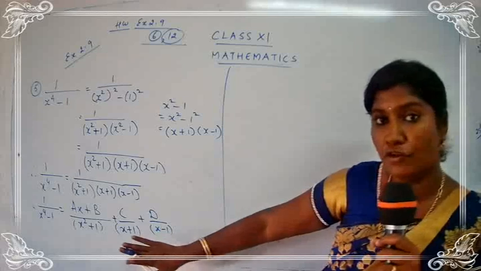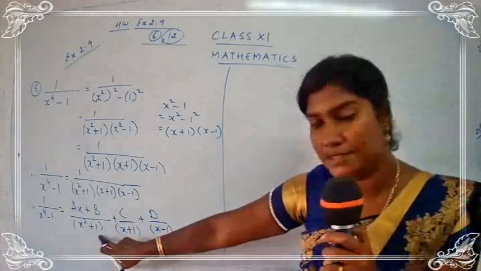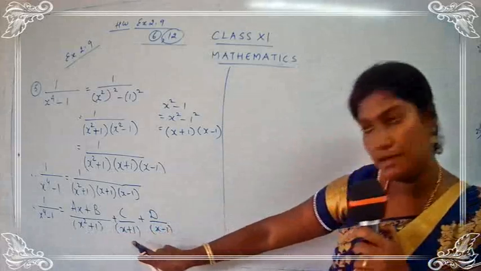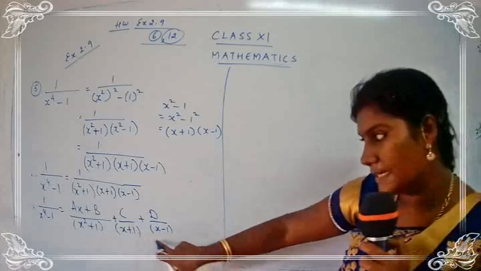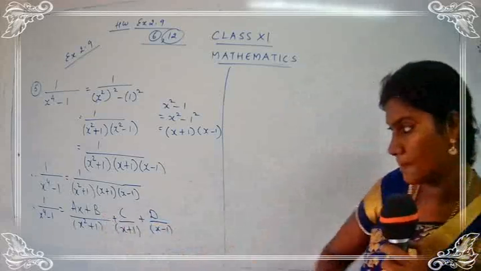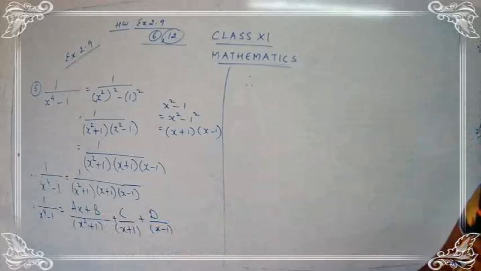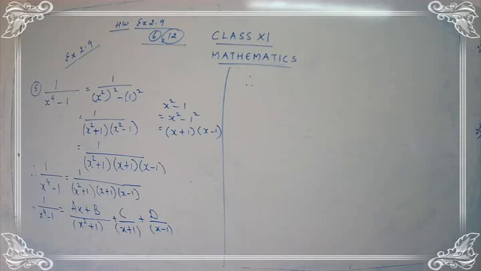You are going to take the LCM on the RHS part. Here just see the terms x square plus 1, x plus 1, x minus 1. So which terms are missing over here? x plus 1 and x minus 1. So you have to multiply by x plus 1 and x minus 1. Just do the changes. You have to do the steps along with me. Just stay on the steps, children. Have you taken down the step? Okay, now let's go for the LCM part.